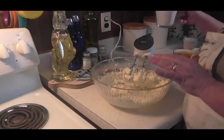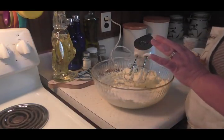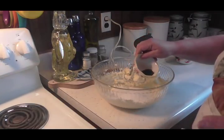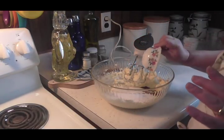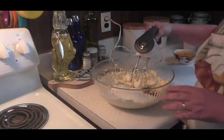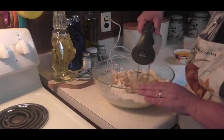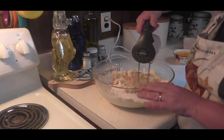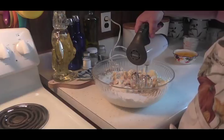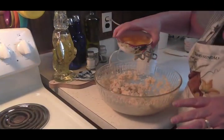Now I'm going to add 2 cups of sugar and 2.5 teaspoons of vanilla. So now we're going to mix this. Ooh, this might be loud. I'm going to try it. Yeah, that's going to be loud. I'll mix this and I'll be right back. Okay, I'm back, and now that I got that whipped up pretty good, it took about 5 minutes I did it for,